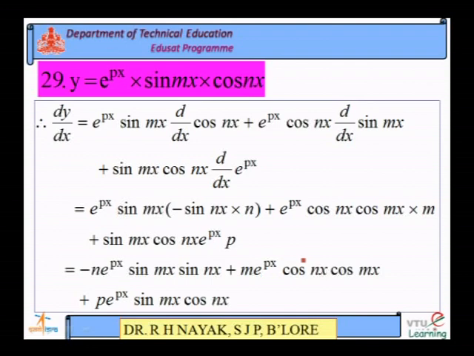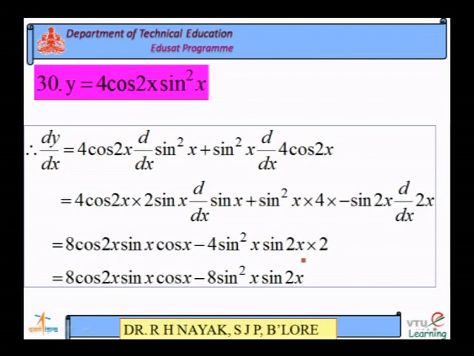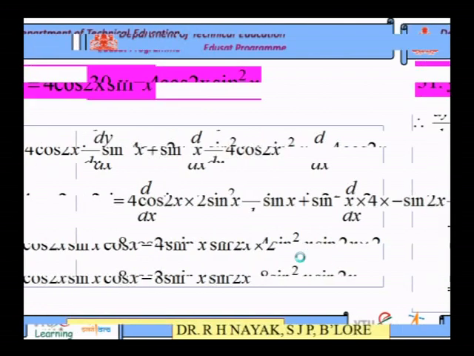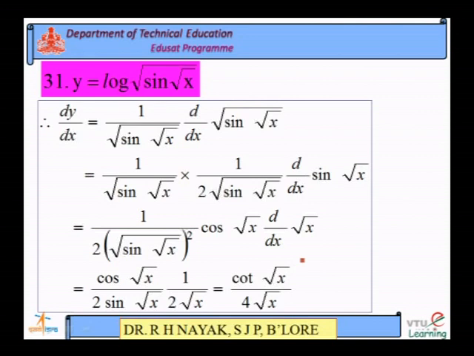It is again of the form u into v into w. This is again the product rule. Log of root of sin of x: log of function, root of function, and sine of function, root of function; we have 1, 2, 3, 4, 5 functions included. So as we read, according to that we have to differentiate. It is read as log of function. So log function means what?